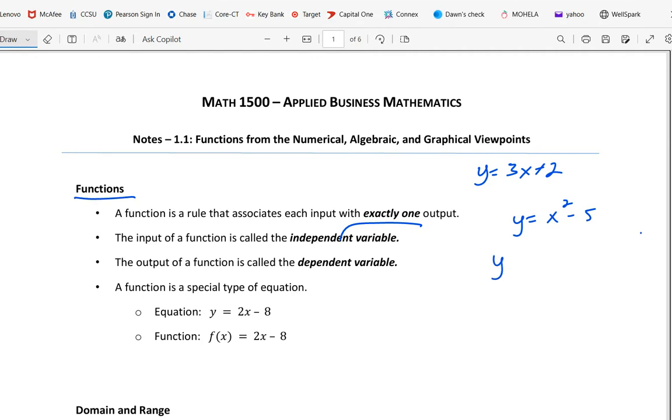So for example, if I said y squared equals x, okay, so